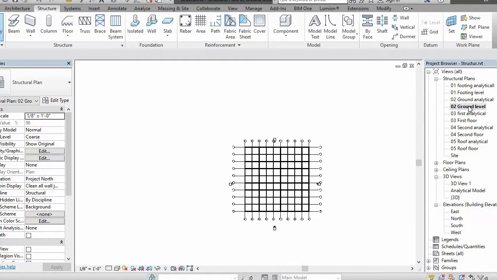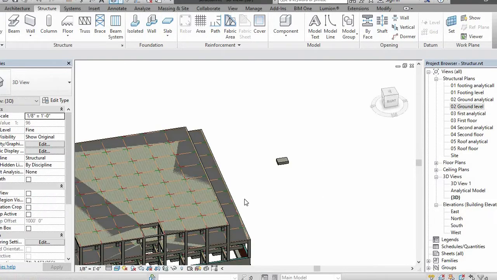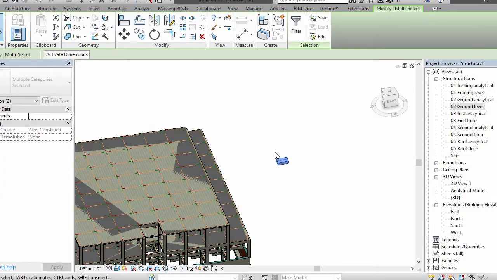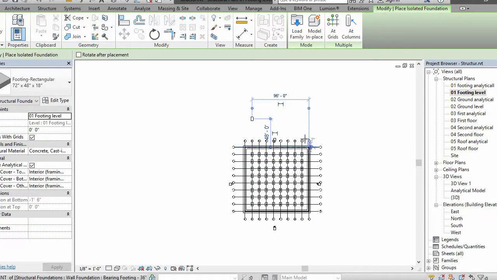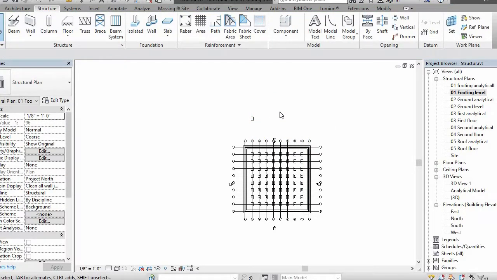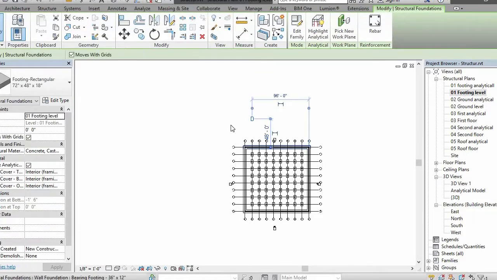Ground level. Go to 3D view and remove it. Go to your footing level and go to your isolated footing. Select isolated footing, place it anywhere you want, and we'll just modify this one and replace them by it. So let's select it. It's pretty easy,